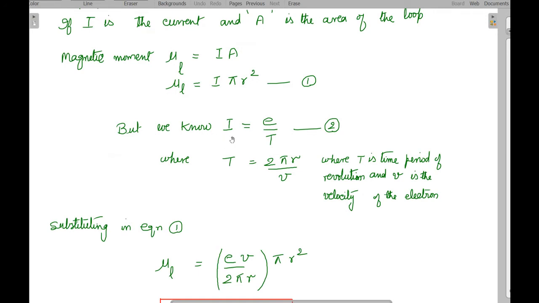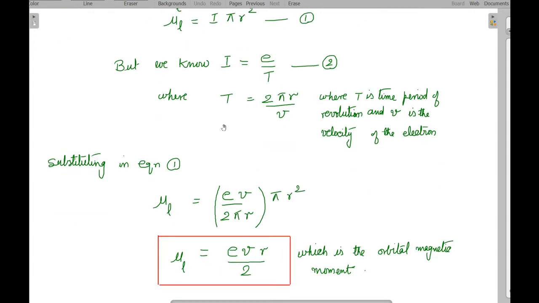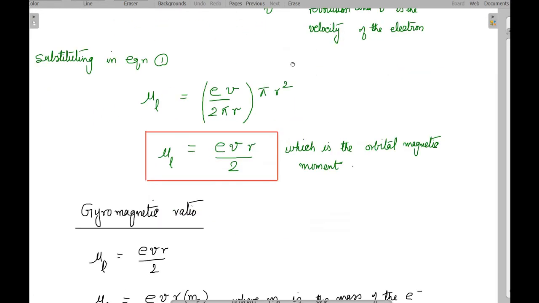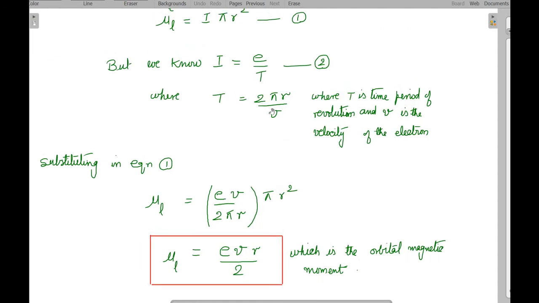Already we know I is equal to charge per time, that is e divided by T, where e is the charge of one electron and T is the time taken for the electron to revolve around the nucleus. Also we know T equals 2 pi r divided by v. 2 pi r is the length travelled by the electron and v is its velocity. So, if we substitute these values